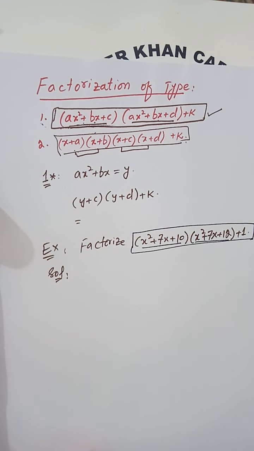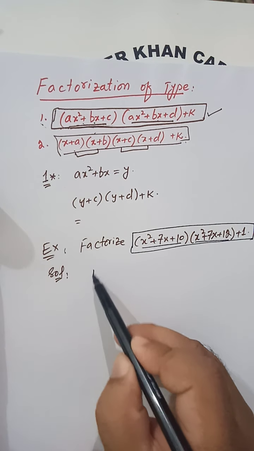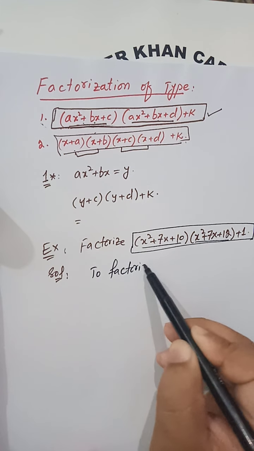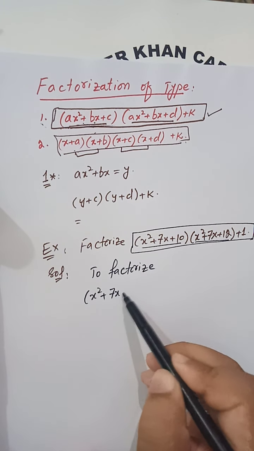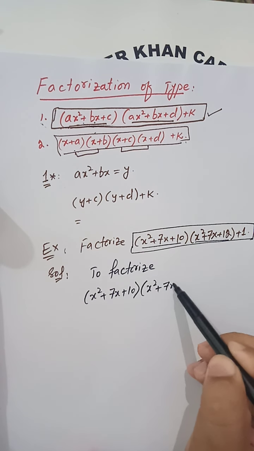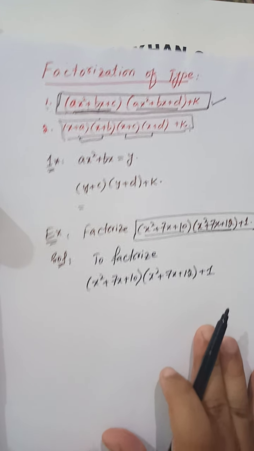You may write in place of x² + 7x any of y, w, z, t. So to factorize (x² + 7x + 10)(x² + 7x + 12) + 1,